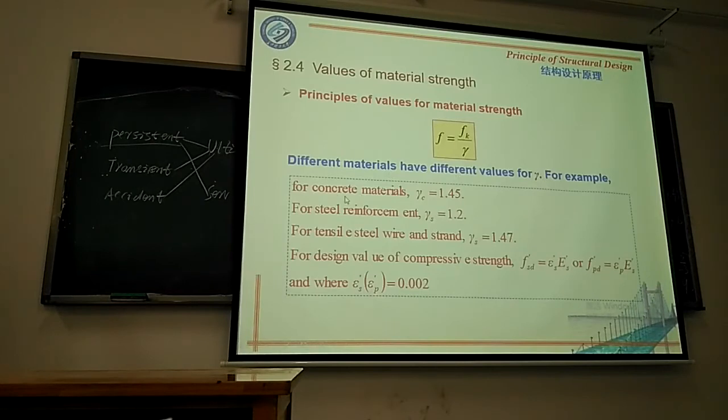For example, for concrete material, gamma C equals 1.4, for steel reinforcement 1.2, for tensile steel strand 1.47. For design value, the compressive stress